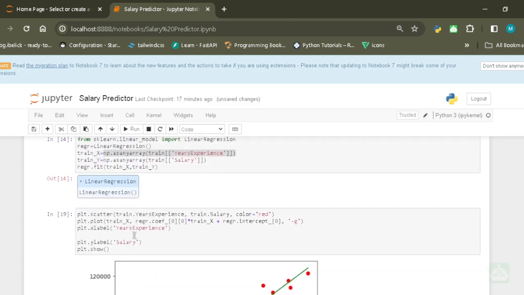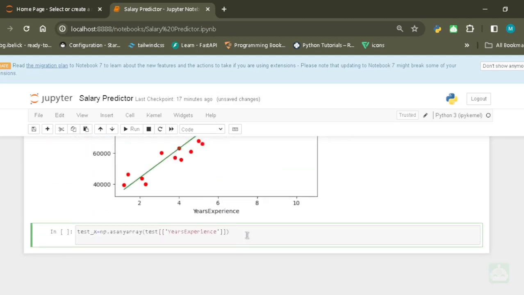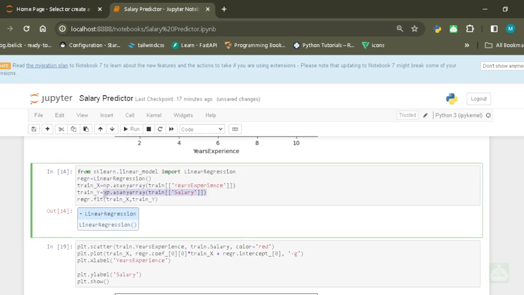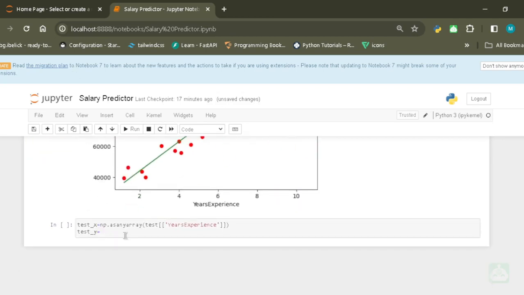Now, okay, and then we also make a test y, and we'll just copy this, and we'll replace train with test. Replace it with test. Now that we have done this,